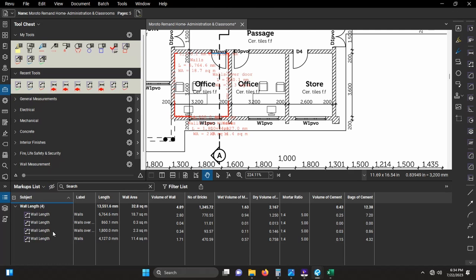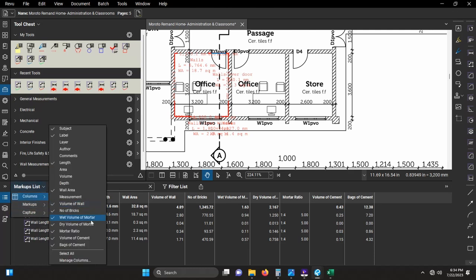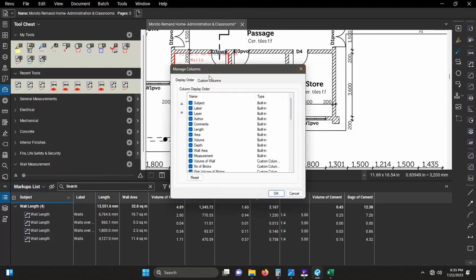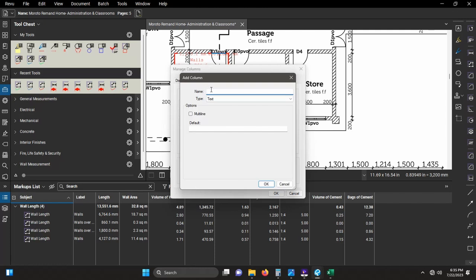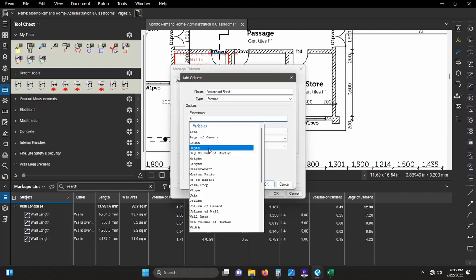So now we need volume of sand. We'll go back to columns, manage columns, custom columns, add. We type volume of sand. This is a formula, the volume of sand, dry volume of mortar,